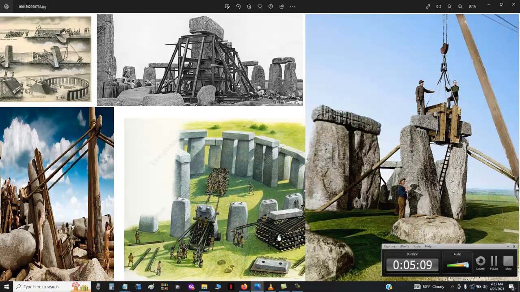And that's what this stack of wood would work as, where you're creating an elevation, moving the stone up and up based off of stacking these logs on top of each other to create a supportive platform that can support the weight of the stone, at the same time allowing you to lift it up, or support lifting. Let's call it that, support lifting. So that's the method I like the most